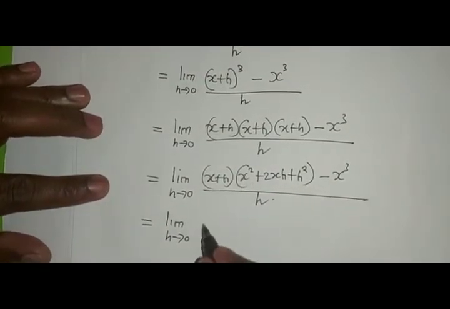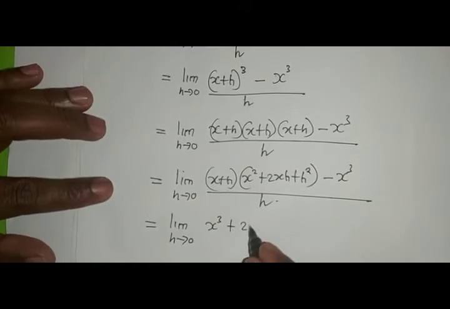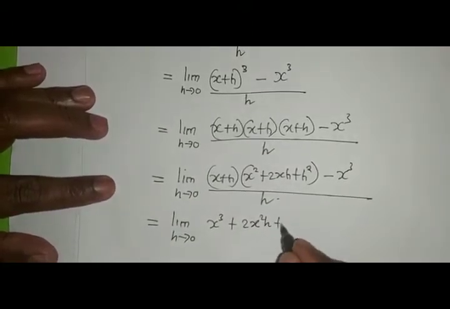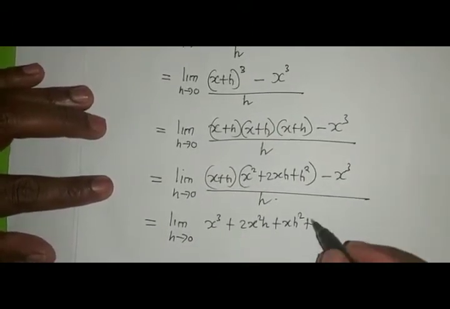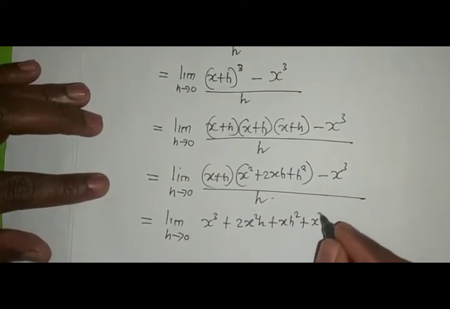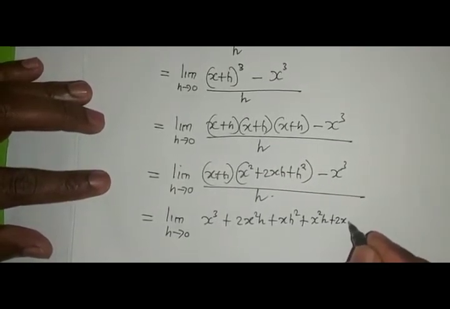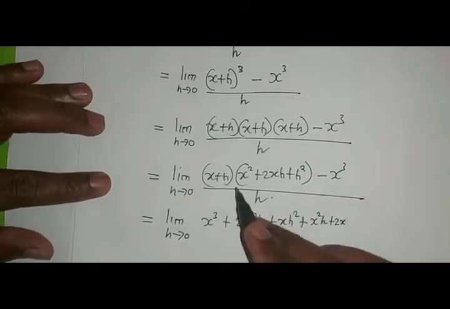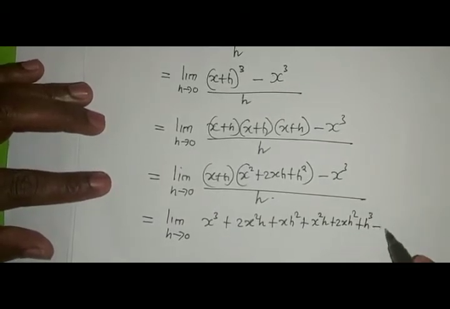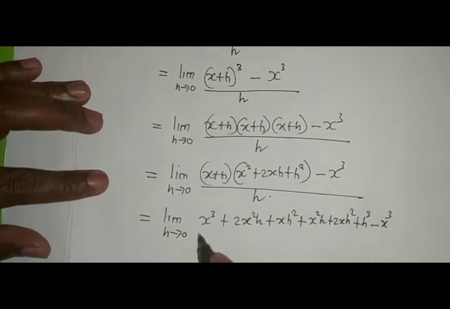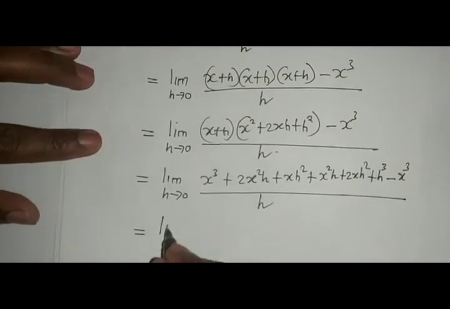expand this again with x, which means multiplying by x first, it will be x cubed plus 2x squared h plus x h squared, plus, now I multiply by h, it will be x squared h plus 2x h squared plus h cubed, minus x cubed, all over h, which is now equal to the limit as